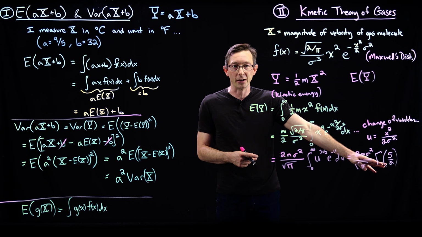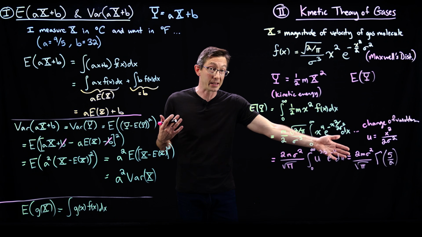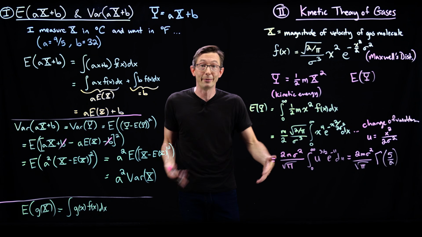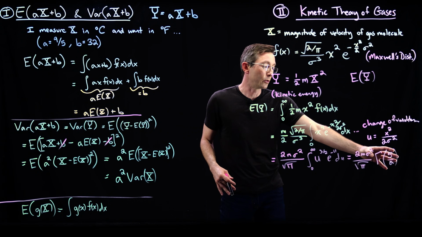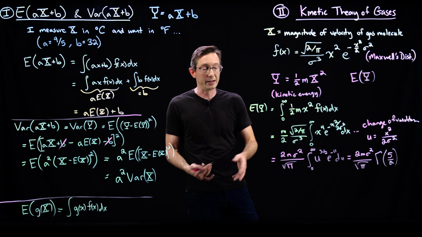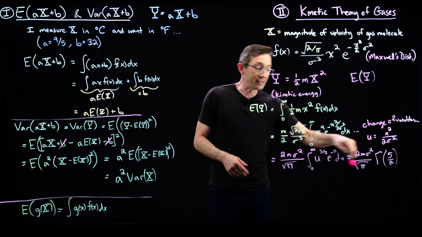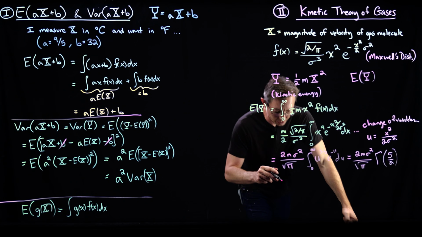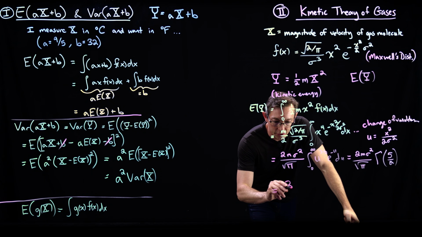It's a very cool function. It actually comes up a bunch in probability. There's something called the gamma distribution. It's a really cool thing, but this gives you a number. You type this into Mathematica, it pops out a number. And so now all of this is just a number. And it turns out that that number is 3/2